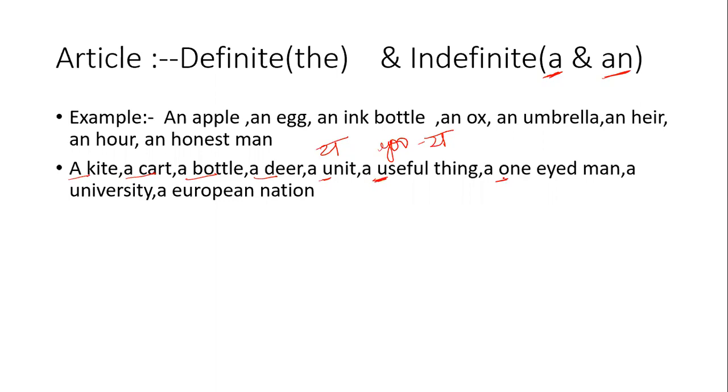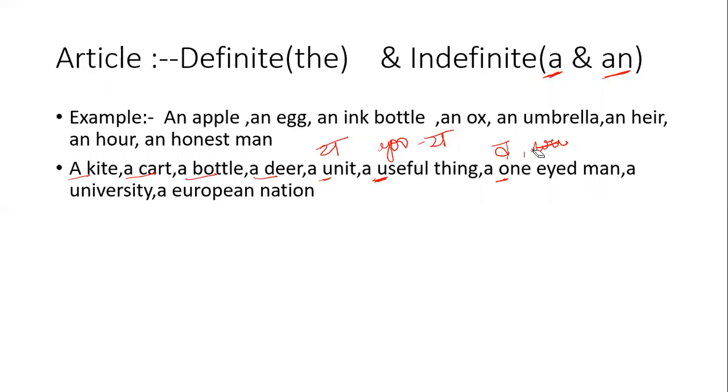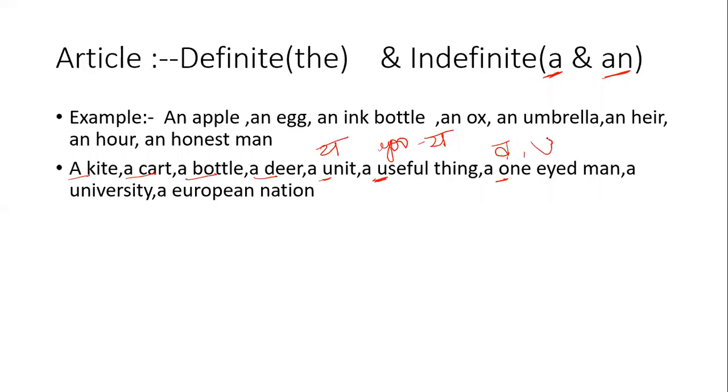O is again a vowel letter, but here in this word one, it is giving you the sound of v. Or you can say in English, we write it as "ver" only. Now, this one-eyed man. Now, it gives you the sound of "ver." So, "ver" is again a Vyanjan sound. It's not a swar sound. So, it will be a one-eyed man. Because the sound that comes is of a vowel V.